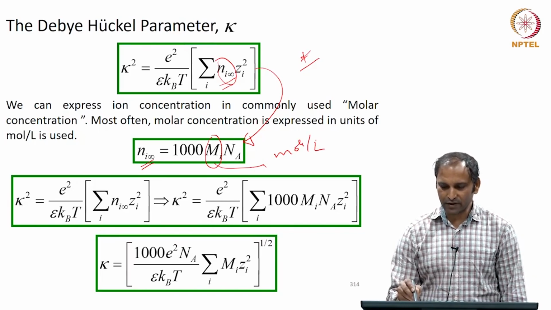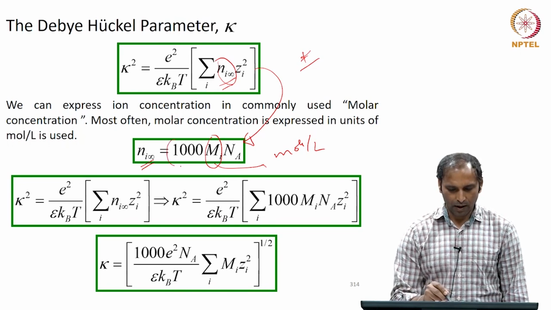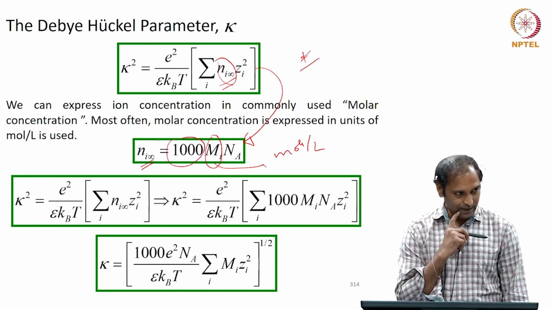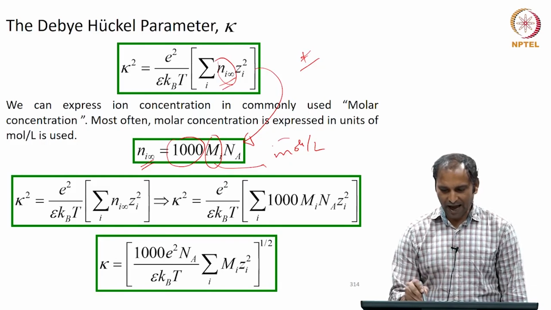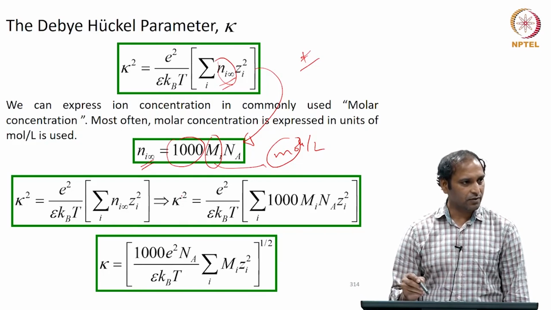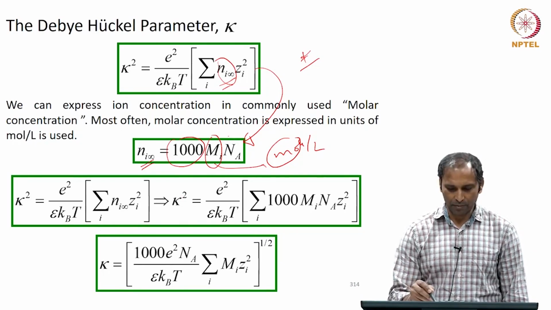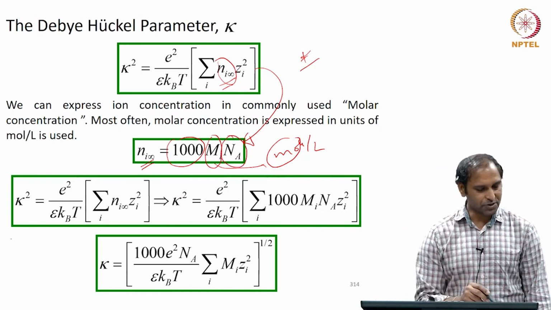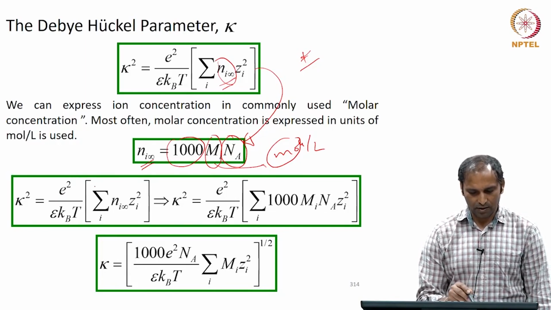Because I want to convert that into moles per meter cube, I multiply by 1000, and because I want the number of ions rather than moles, I multiply by Avogadro number. Therefore kappa square becomes e square divided by epsilon kBT,